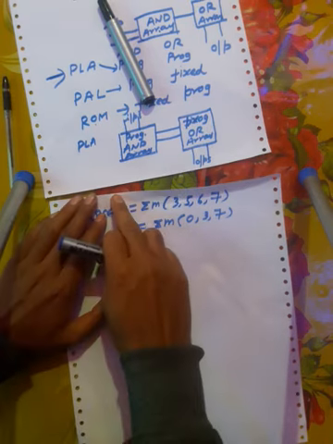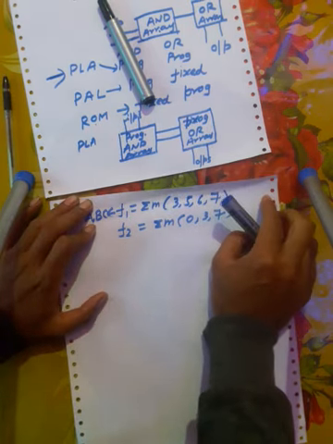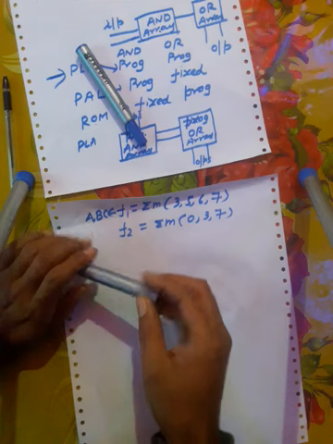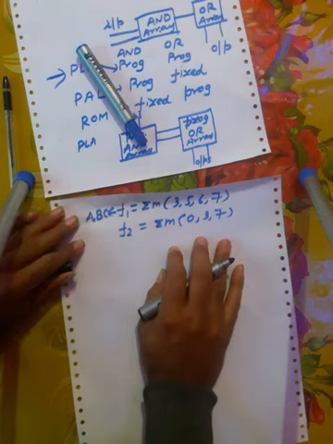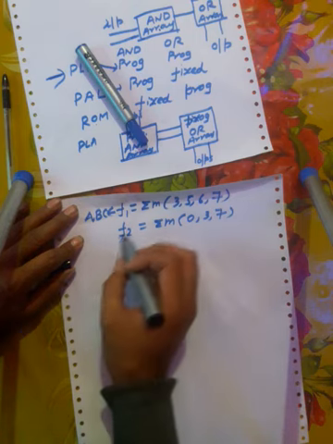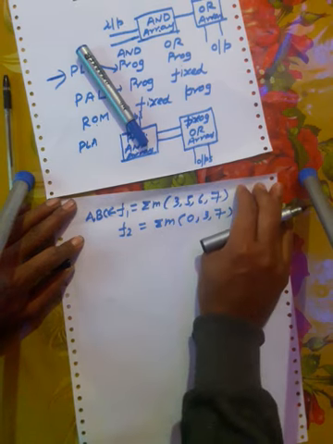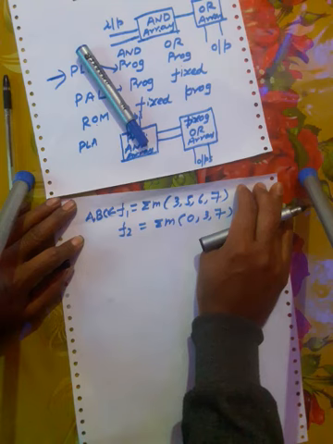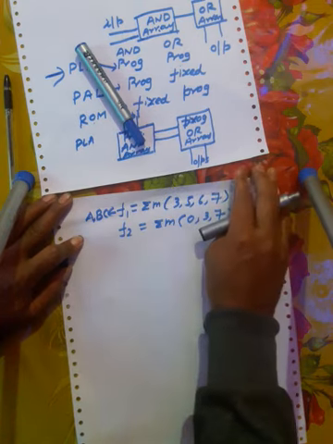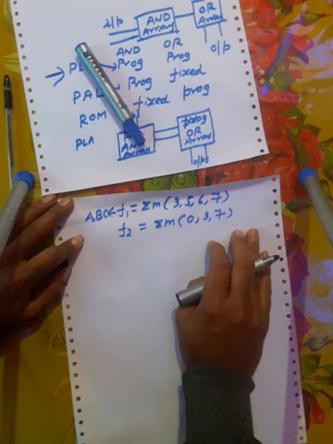Now you have to implement these functions by using PLA, PAL or ROM. You need to follow this method. First of all, we will minimize either by using K-map or Boolean algebra so that the minimum number of gates is required. F1 is sigma m 3, 5, 6, 7. You are already aware of this. I am not solving it here by K-map because you have seen this expression already. This 3, 5, 6, 7 is the carry of a full adder, so you know the expression.